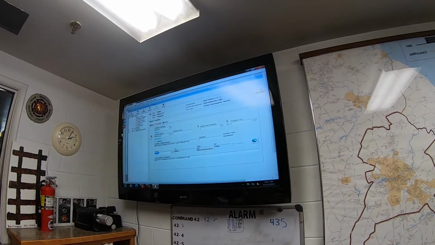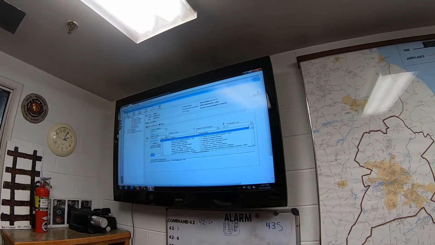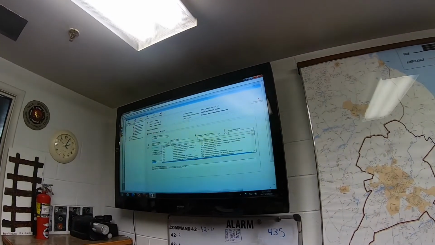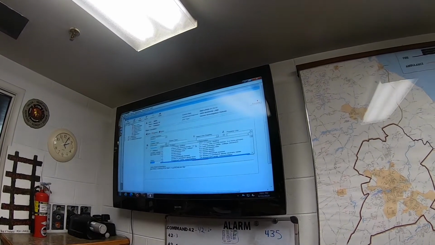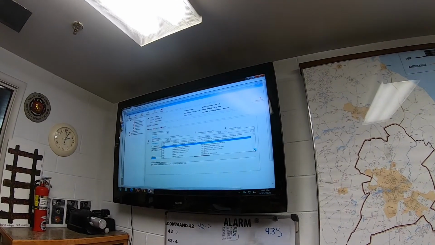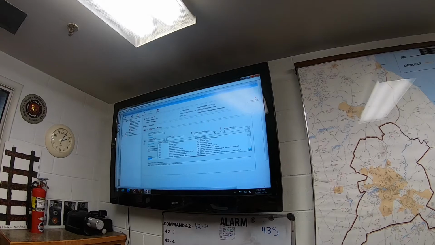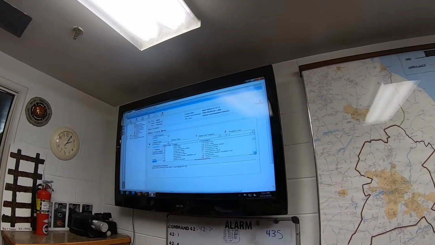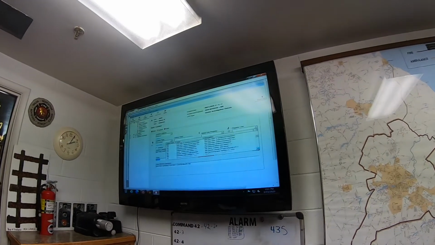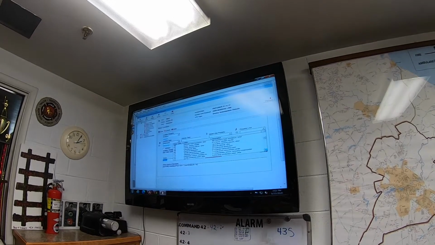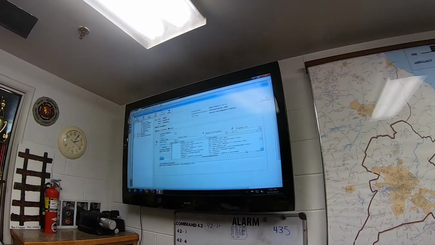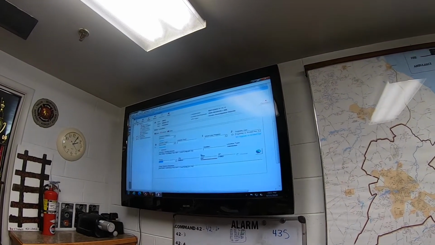I can come in and it's going to give me a list of things that I can choose from. Even a bowling alley. Anything from a runway, single family dwelling, on down, nursing homes, all kinds of stuff is in there. So we have to go through and pick what type of property use it is. And they do that for the tracking on the different types of complaints that we go to and fires that we go to. So you can scroll down through, and once you find the one that you want, double click on it and it'll go ahead and do it.